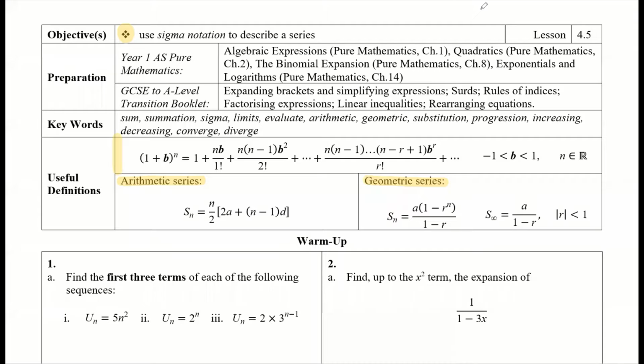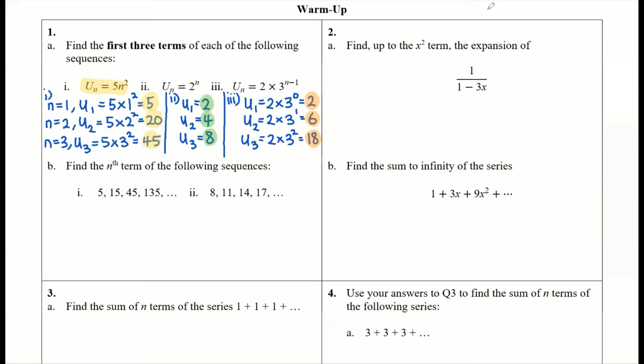Okay, let's have a look at the solution to question 1. All right, so for question 1, I've just done part A already. We're just subbing in n equals 1, 2, and 3 into each of these sequences. So the answers are highlighted. Please note, of course,